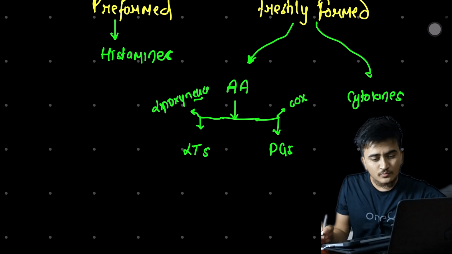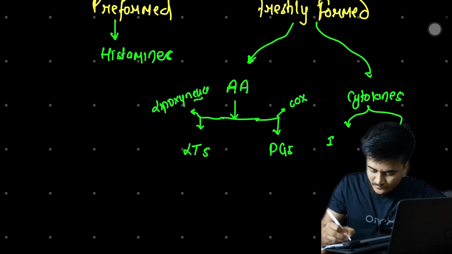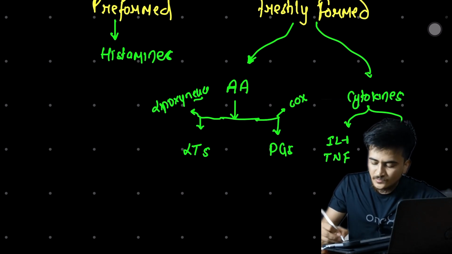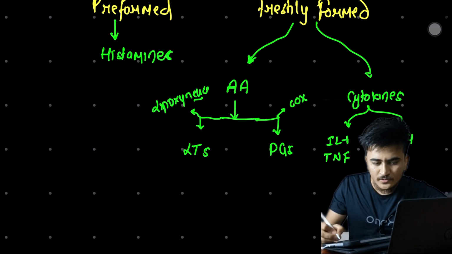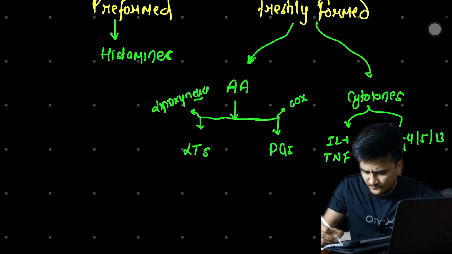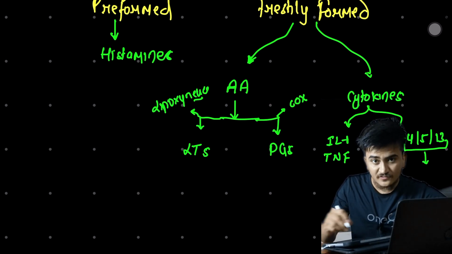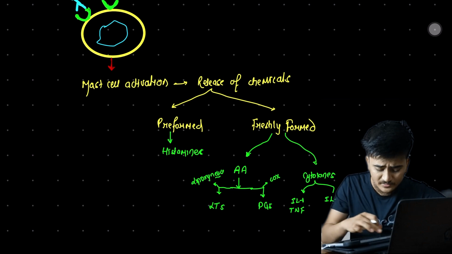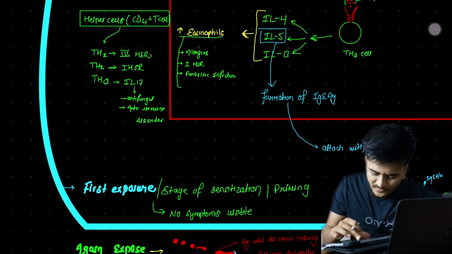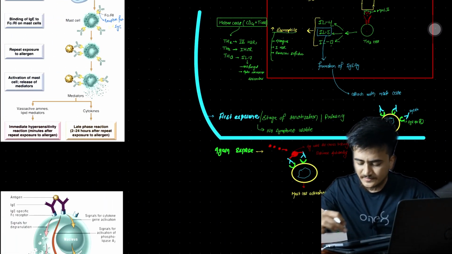And talking about cytokines, what are the cytokines that are produced? Here comes interleukin 1, tumor necrosis factor, and interleukin 4, 5 and 13. If you remember, these were the products produced when there was activation of TH2 type helper cells. You can see right here 4, 5 and 13. Okay, now